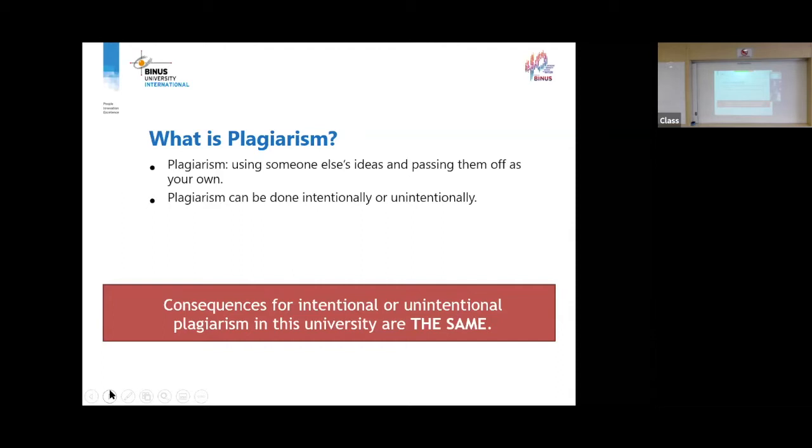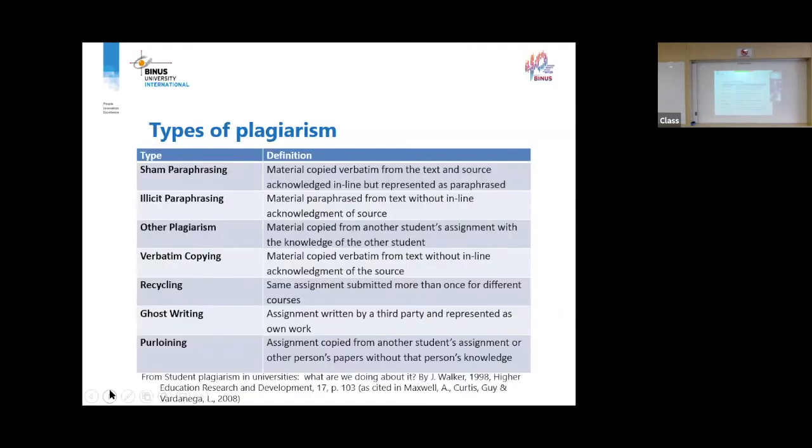And so in academic English classes later on, maybe in your first semester, some of you will be taking it in the second semester, and so on and so forth. We will be teaching you the finer points of avoiding plagiarism. But for this session, I am just introducing you to the very broad concepts of avoiding it, of defining it, classifying it, and so on. What you have on your screen right now are some of the types of plagiarism.